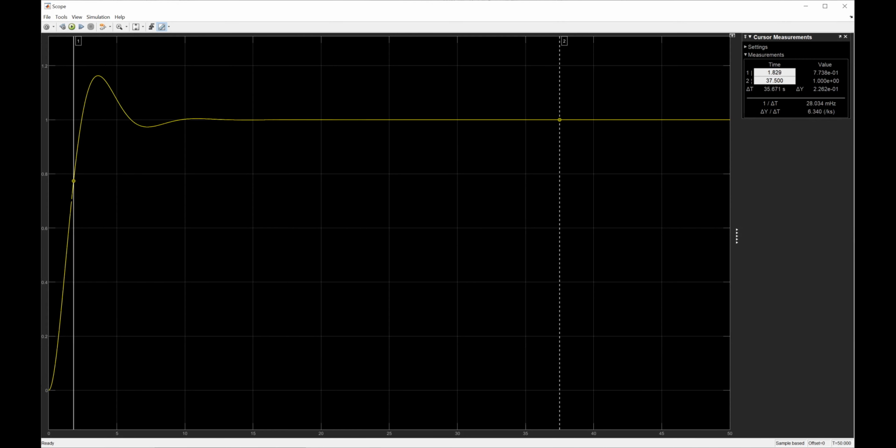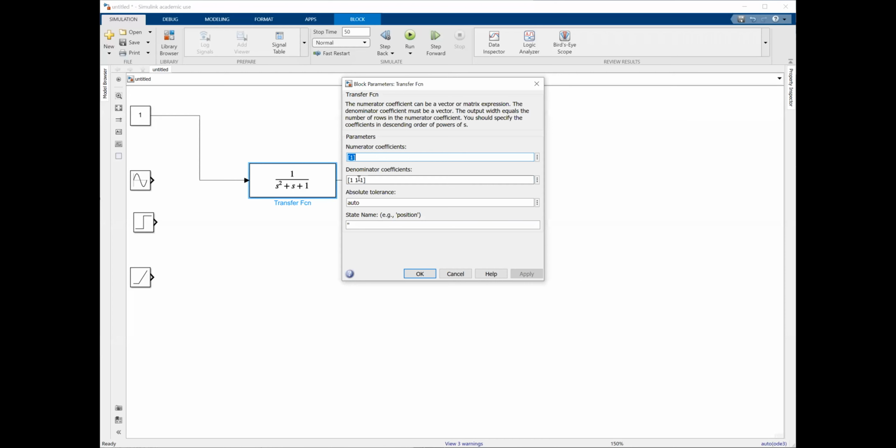Now what I'm going to do is go back to my system and change my value of the damping. I'm going to change my damping value from 0.5 to 10. So what I did, I increased the damping. Click OK, hit run,